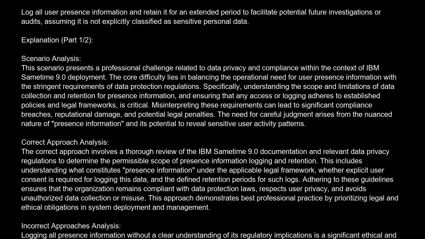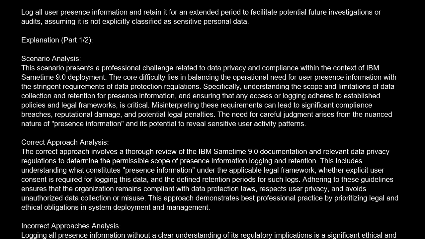Correct answer is D. Log all user presence information and retain it for an extended period to facilitate potential future investigations or audits, assuming it is not explicitly classified as sensitive personal data. Explanation. Scenario analysis. This scenario presents a professional challenge related to data privacy and compliance within the context of IBM Sametime 9.0 deployment. The core difficulty lies in balancing the operational need for user presence information with the stringent requirements